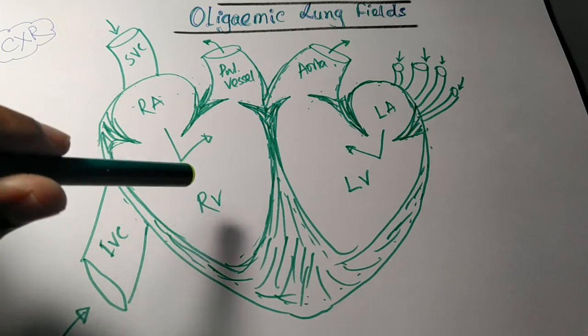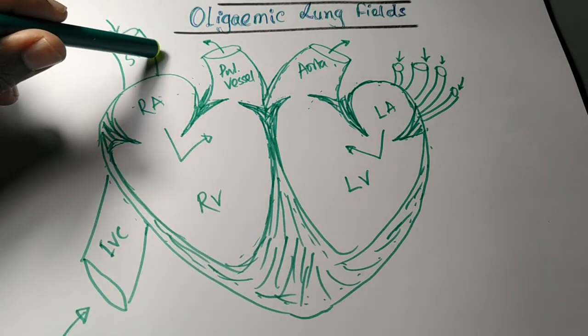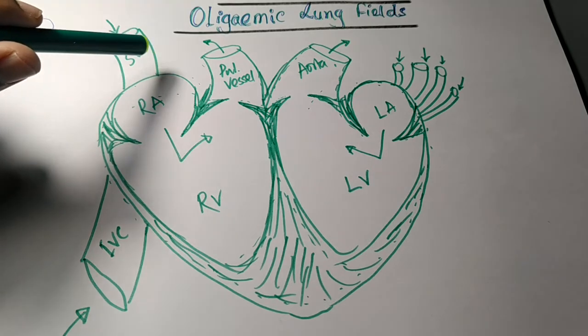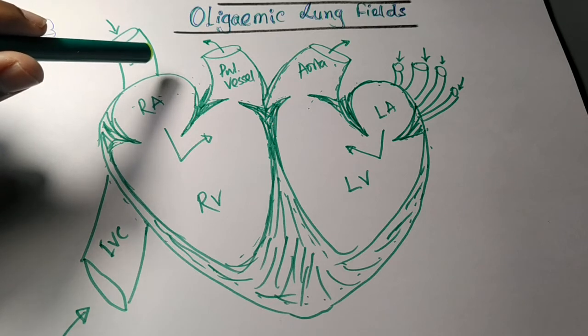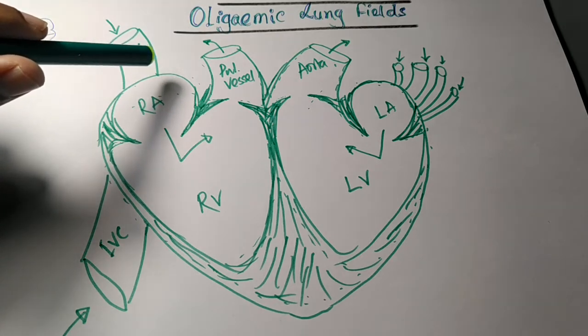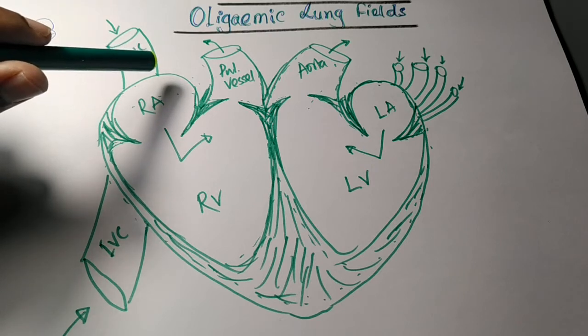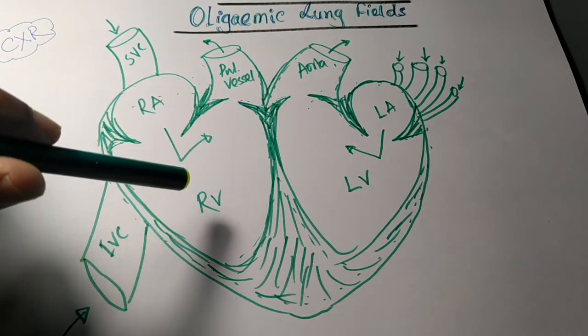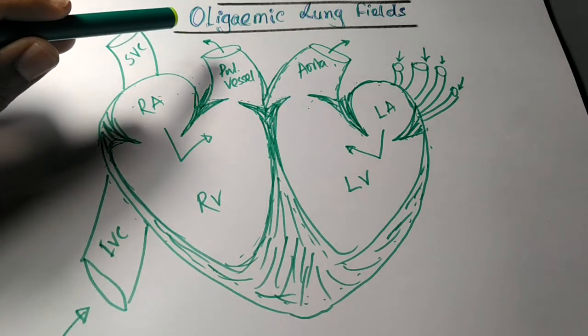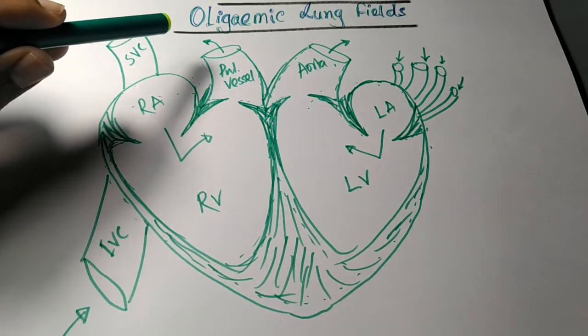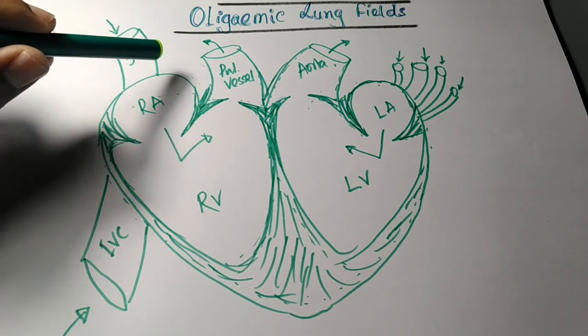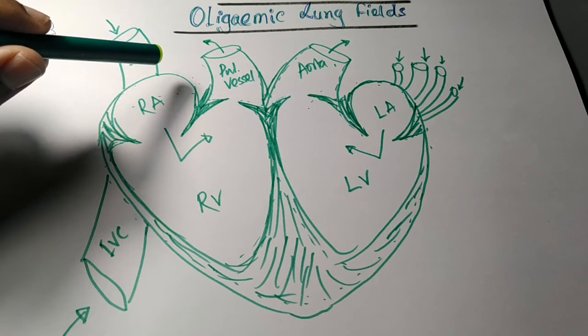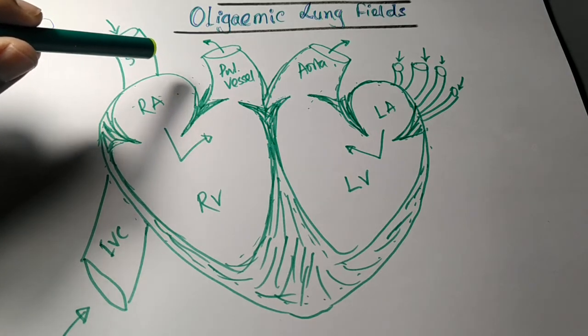When the blood passing from the right side of the heart into the pulmonary bed is decreased, the blood vessels in the pulmonary bed will be less prominent, and the blood vessels in the periphery of the lung field will not be visualized on the chest X-ray. On the other hand, in plethoric lung field, blood passing from the right side of the heart into the lung bed will be increased. That means the blood vessels will be more prominent, and most importantly the blood vessels in the peripheral part of the lung field will be well demarcated.